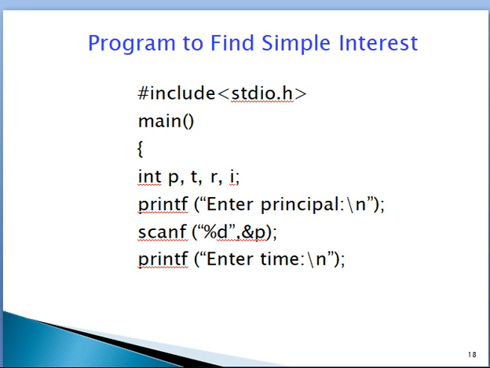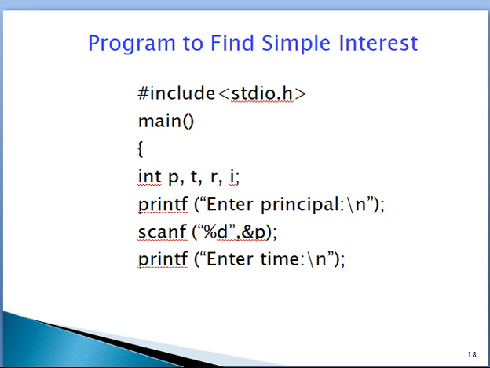Curly braces. int, the integer data type, declaring p, t, r, i. In this instruction, we are declaring four integer variables p, t, r, i. P for principal, T for time, R for rate of interest, I for interest.